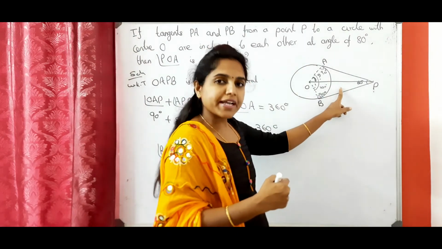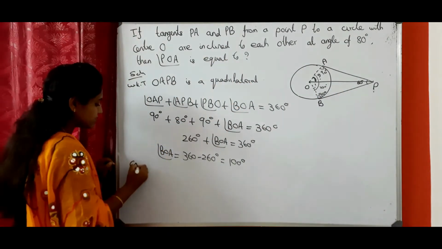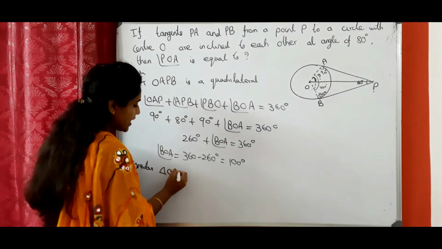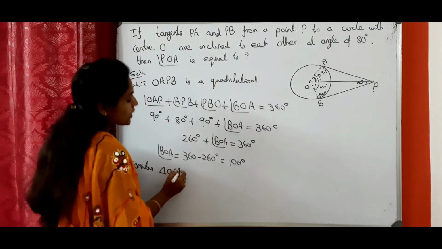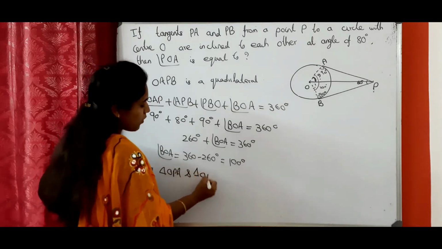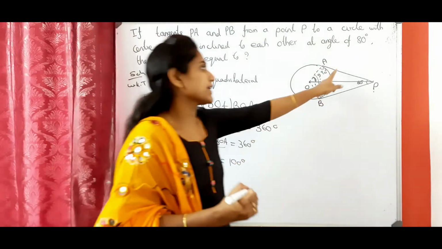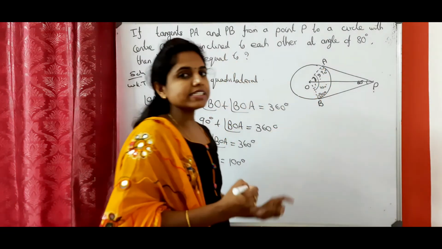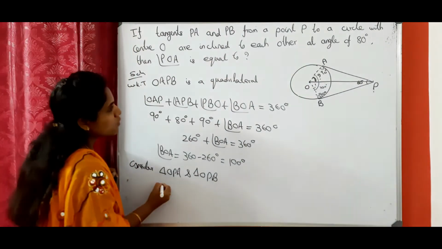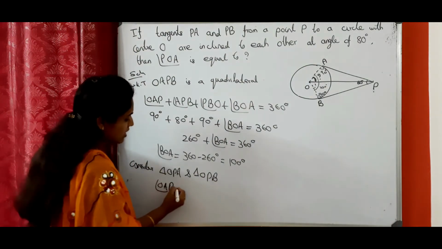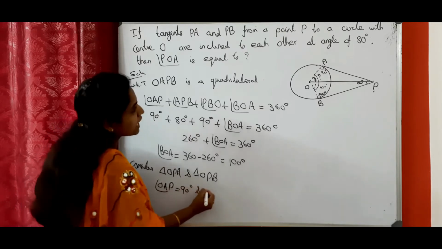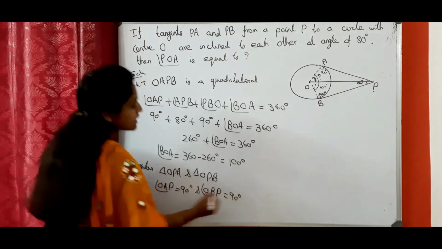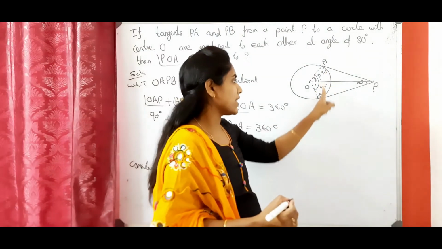This forms a triangle, right? So consider the triangle OPA, or OAB, and the triangle OPB. Consider these two triangles. We know that in the two triangles corresponding one angle is 90 degree. What are the angles? OAB equal to 90 degree and also OBP also 90 degree, right? By theorem 1 we know that these two angles are 90 degrees.